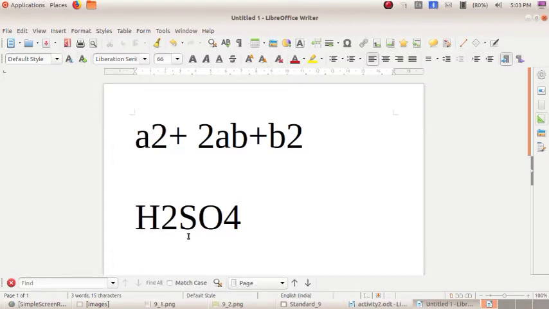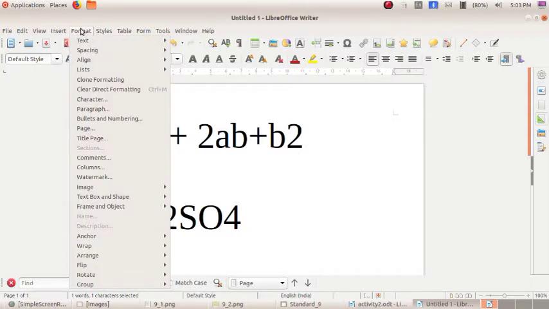To arrange letters and numbers, we want to select them. So here 2 must be changed or go to the upper position. So change 2. Then there are 2 steps to change this into superscript. Click on format.